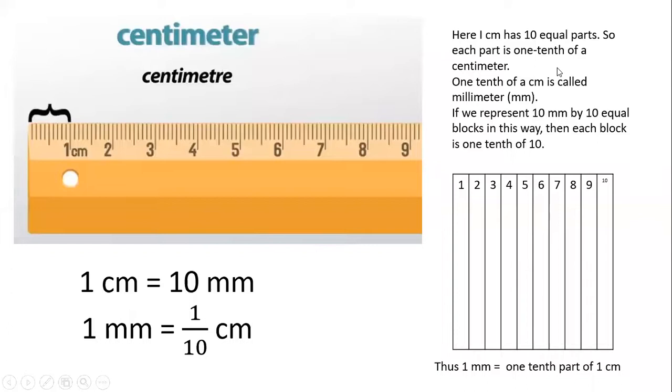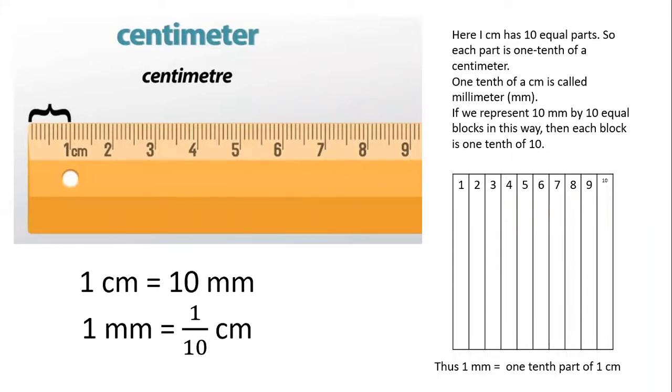You all may be knowing how to use a scale. 1, 2, 3, 4, 5 centimeters will be there on the scale. If you have observed deeply, between each centimeter, there are 10 small lines you can see. Have you observed here? Yes, sir. Those 10 small lines indicate millimeters. Those small lines are called millimeters. So 10 small lines, 10 millimeters, that is equal to 1 centimeter.